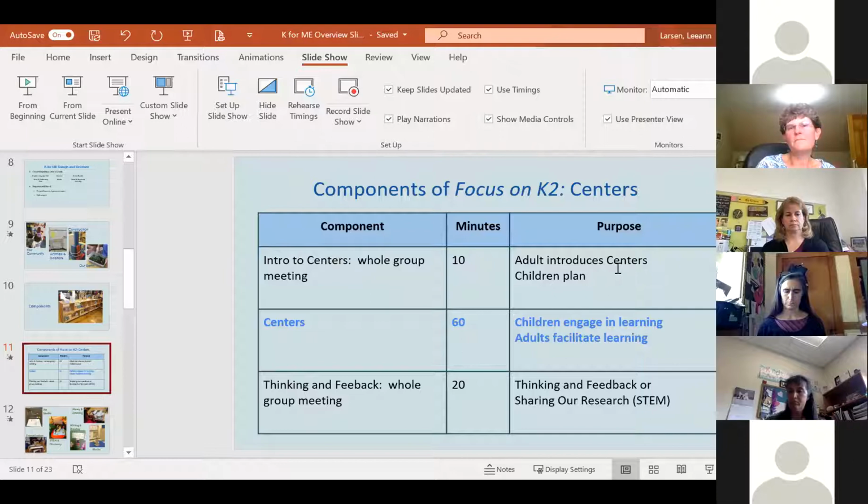Center time in its totality takes about 90 minutes to do in its entirety. It starts with about 10 minutes of introduction to centers, where teachers are setting up the context and working with children to introduce the centers, to help them think and plan about what they might do, where they might want to go. There's 60 minutes of the day that is focused on children actually being in center time, and they get the opportunity to move